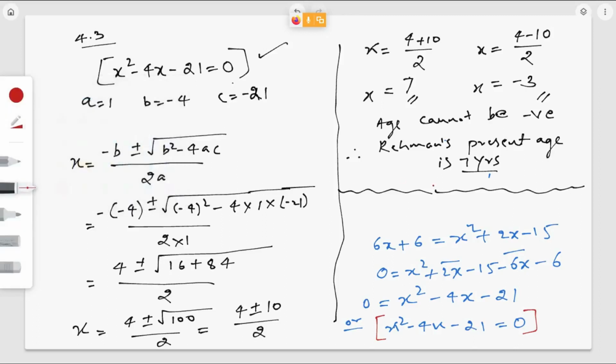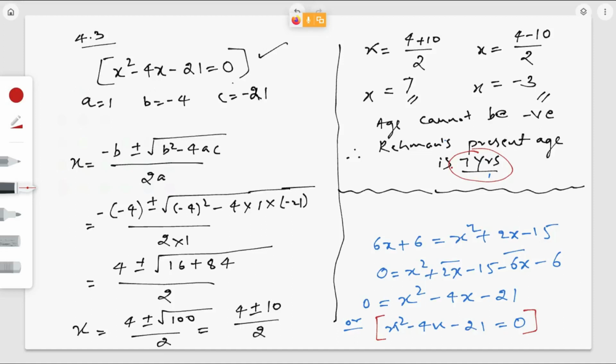Sir, is it necessary to solve with this method only, or can we solve by another method also? If you want, you can solve it by splitting the middle term or completing the square. Because whenever you get these word problems, statement problems, they don't mention the method. In your final exam, they will ask you to just solve the given problem. So you can use any method. If they specify, solve the given equation by completing the square, factorization or using the quadratic formula, then only you can use that particular method. Otherwise you can take any method.